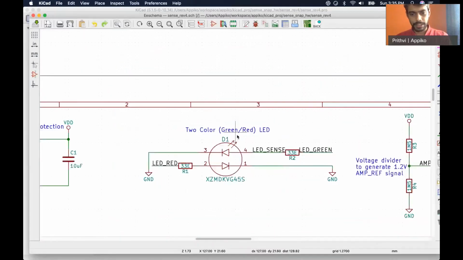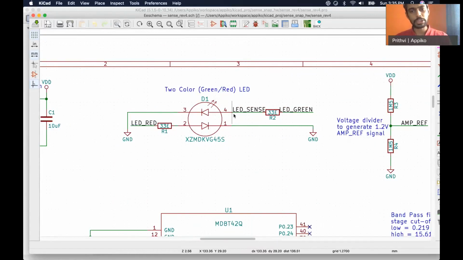There are two color LEDs, red and green, and for the green LED, we actually connect this point to the ADC so that when it is not forward biased, you can see how much light is incident on the LED, to measure the light intensity of the ambient light.